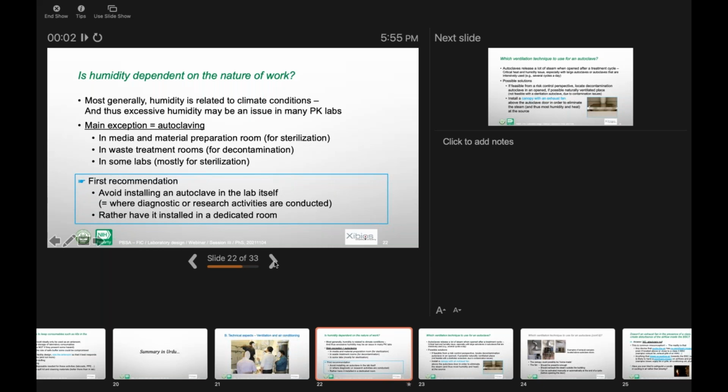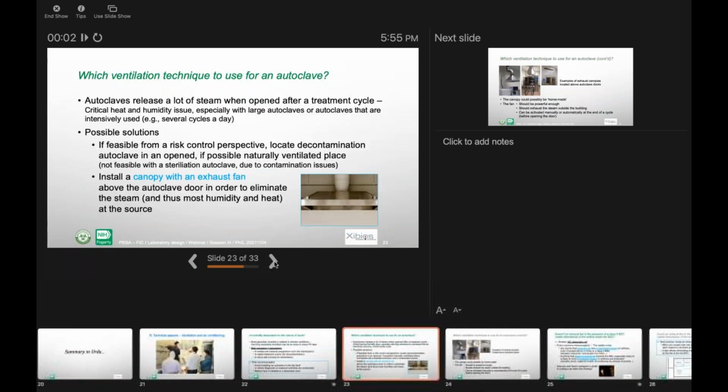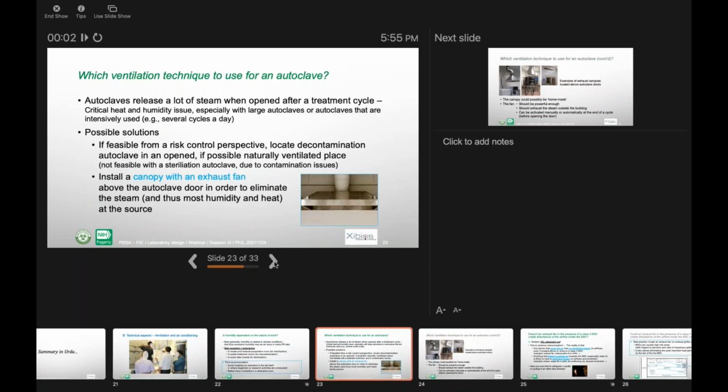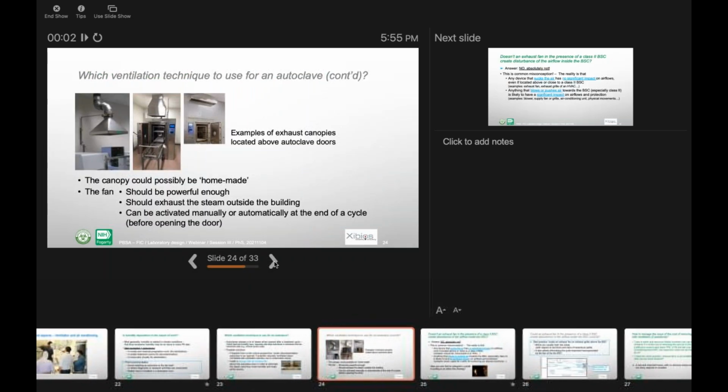ये नमी के दबाव को कम करेगा। क्योंकि ये बहुत ज्यादा स्टीम प्रोड्यूस करता है और स्टीम का प्रेशर बहुत ज्यादा होता है, इसलिए ये हवा में मुअल्लक हो जाता है और उसकी वजह से टेम्परेचर काफी हाई हो जाता है। ऑटोक्लेव्स के ऊपर फिलिप ने बहुत अच्छा बताया है कि हम एक किस्म की कैनोपी रख सकते हैं जो डायरेक्टली सीलिंग से अटैच होगी। भाप के सारे बुखारात और हाई टेम्परेचर उस कैनोपी में ट्रैप होकर बाहर चले जाएंगे।